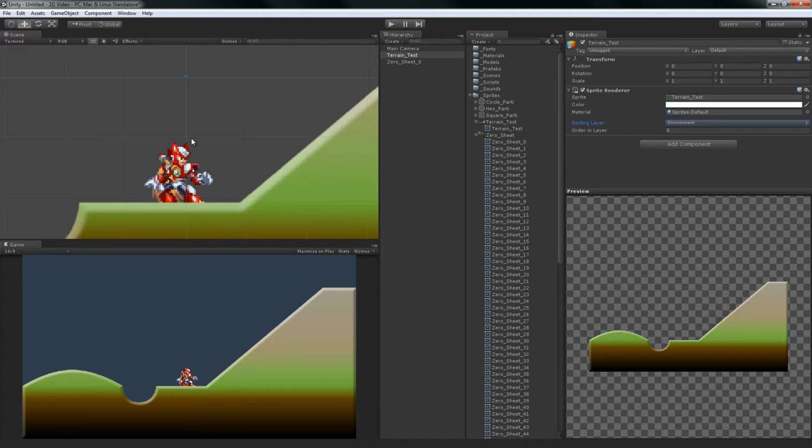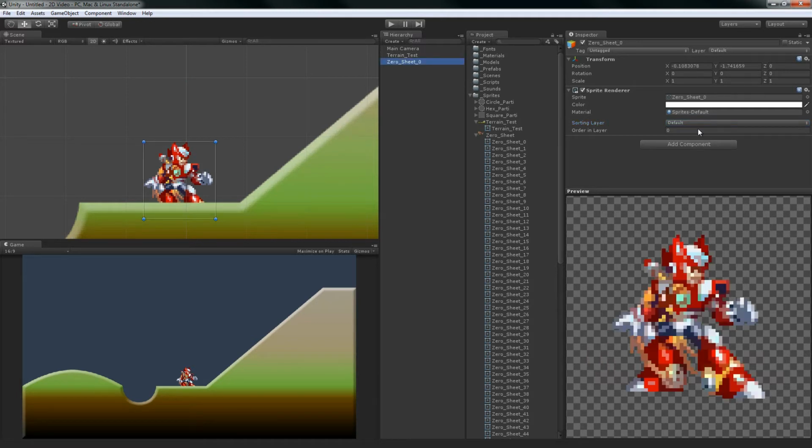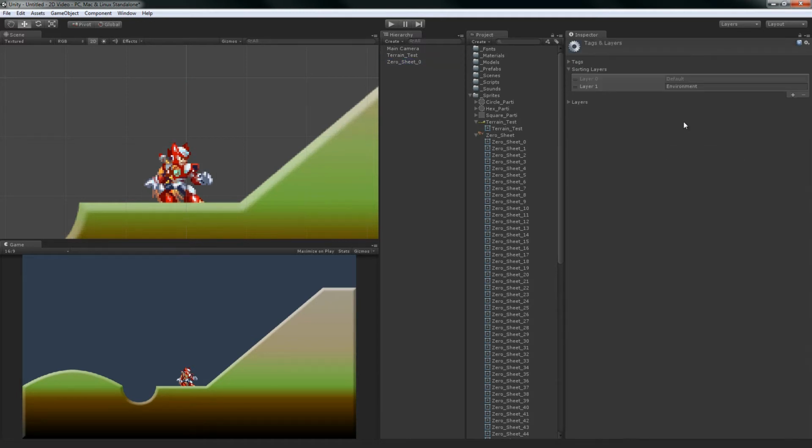You need a foreground, midground, background, and a character layer in front of your midground. And I'll kind of sort of be able to show you that a little bit. So we assign the terrain to our environment layer, but we want our character to be in front, so we're going to create a new sorting layer, and we're going to hit this little plus here to create a new one, and we're going to call this